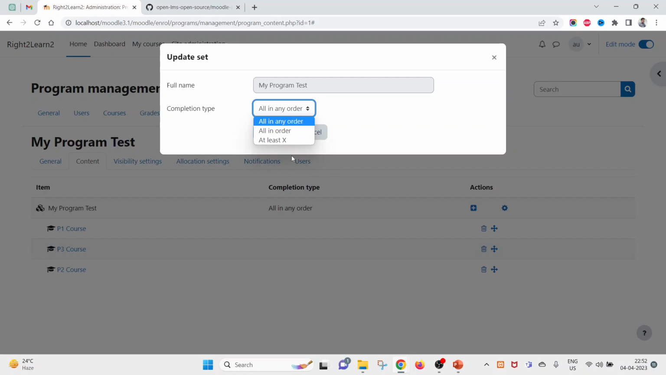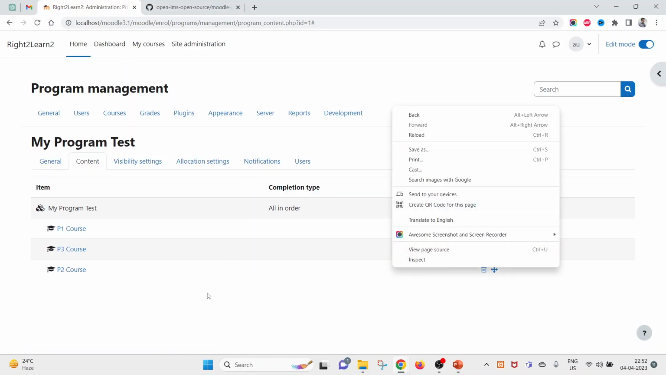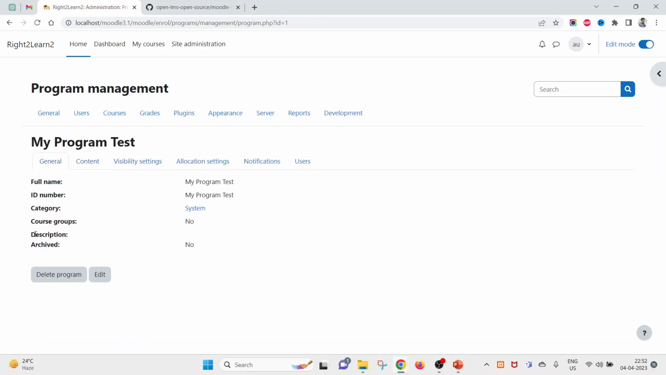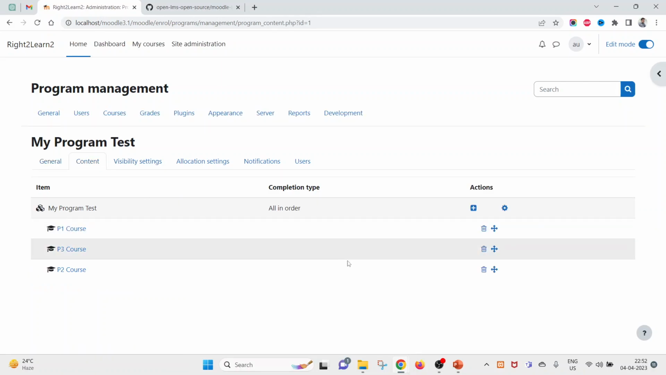Okay, so all the settings have been provided. I want this to be accessed in order, so all in order, and click on update set. I want everything in order like P1, P3, then P2. Now come to the general tab, and you see this is not archived, and we have added these courses inside this